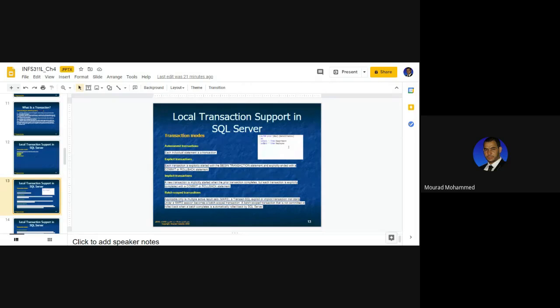Fourth mode, transaction mode number 4, the bus scoped transaction, is a mode via which, let's say, intentionally and specifically, we are utilizing the commit and rollback as many times as required,